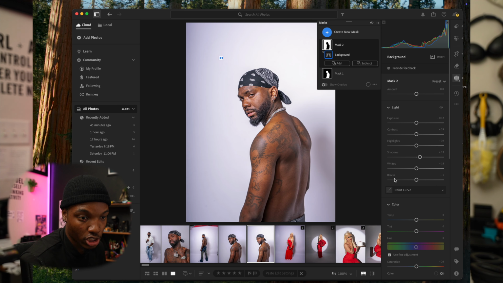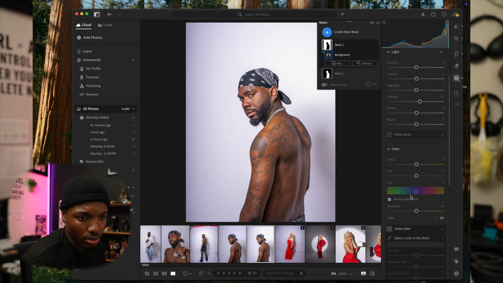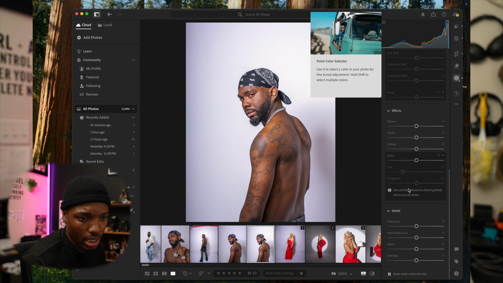Let me show you guys right here. I'm gonna adjust the white balance, right? I'm gonna go down, I'm gonna go right here to where it says,